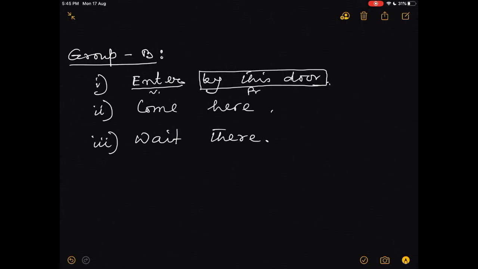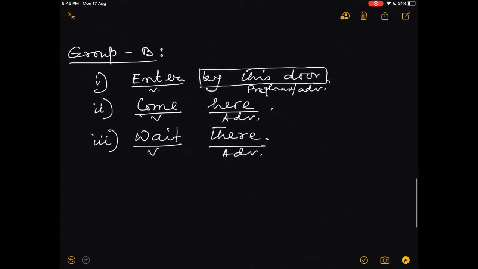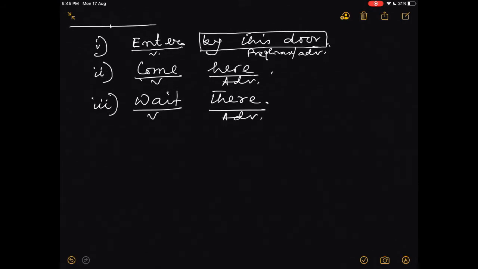It is a prepositional phrase used as an adverb. Here also it is a verb and an adverb. So see here in these 3 sentences,